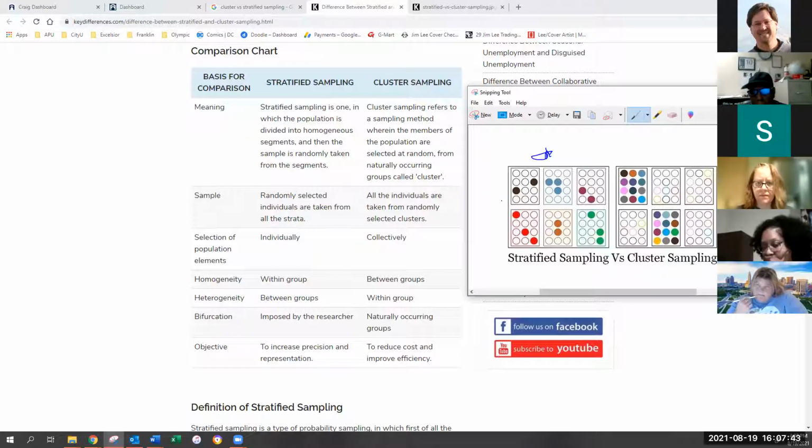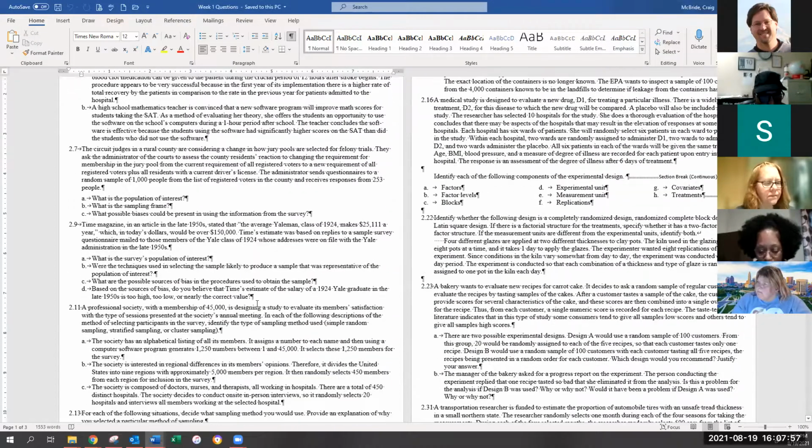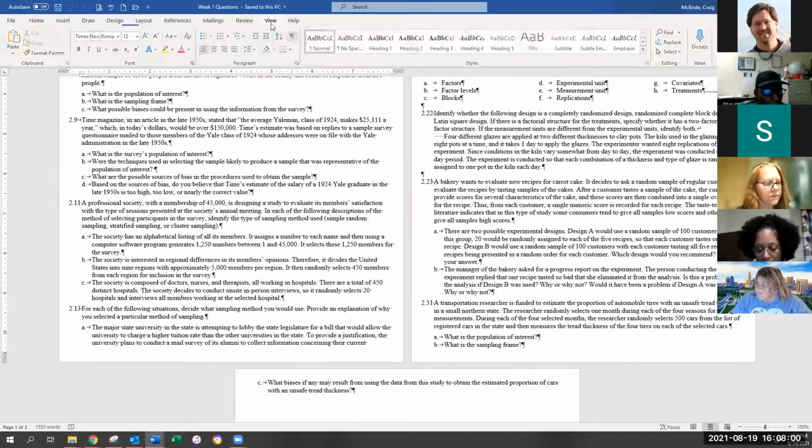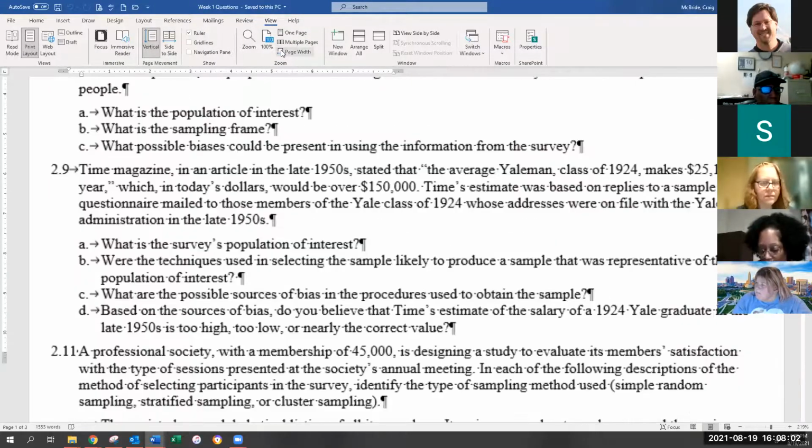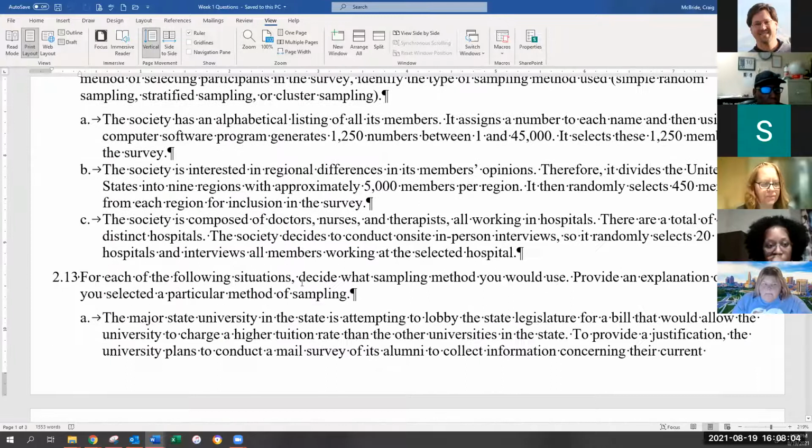I do. Yeah, me too. Sorry. Okay, so I'm looking at the homework assignment, and if you look at 2.11, I'm looking at question B, and I felt that it was a cluster sample because we divided into the regions, and then we picked a certain amount from each region, which is what you just said. But then I guess you said that was wrong on my homework. Yes, B is stratified